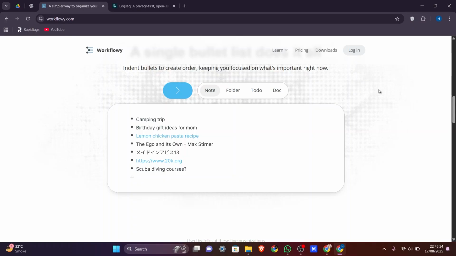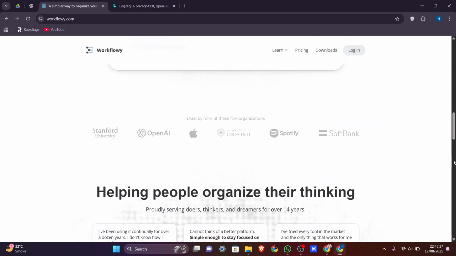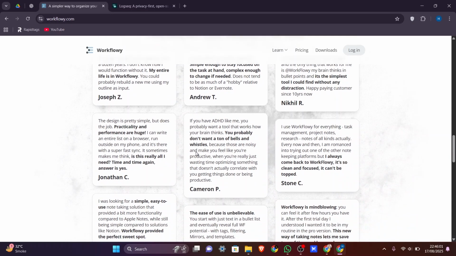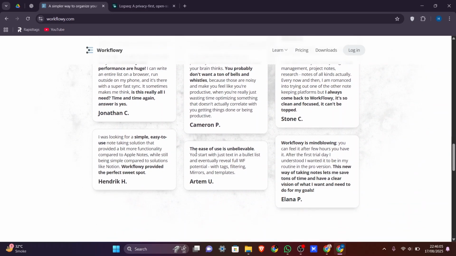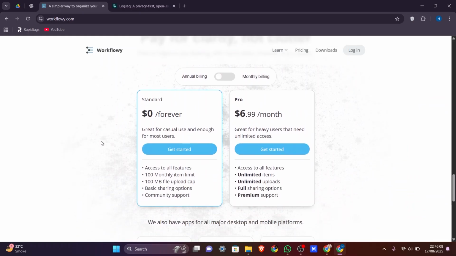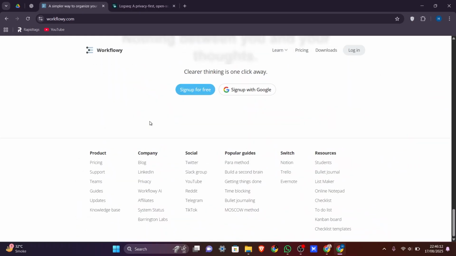It syncs across devices, meaning you can access your work anywhere. Workflowy also allows tagging and search, which helps in quickly finding information. While it doesn't have as many advanced features as some other apps, its simplicity makes it fast and easy to